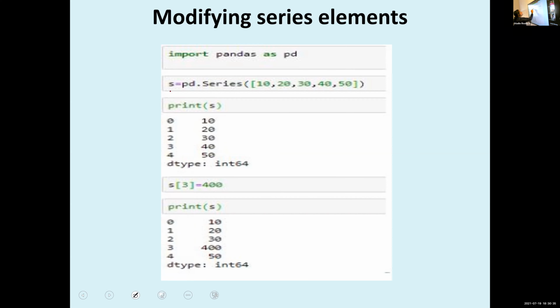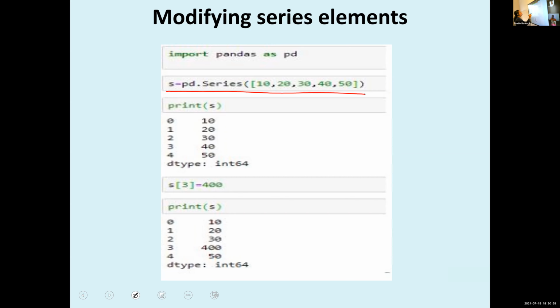Here S is equal to pd.Series 10, 20, 30, 40, 50. How will it display? It will display like this: 10, 20, 30, 40, 50 are the data values, and here we are using the default index values, which are 0, 1, 2, 3, 4.